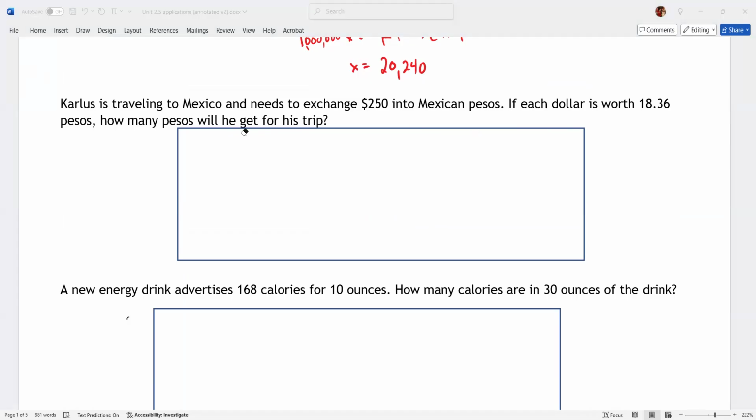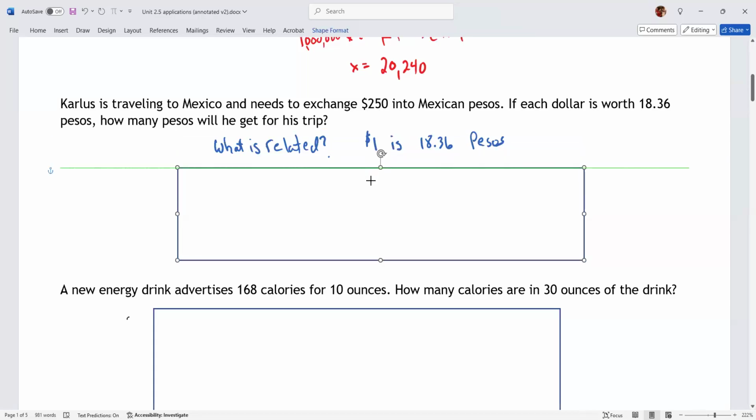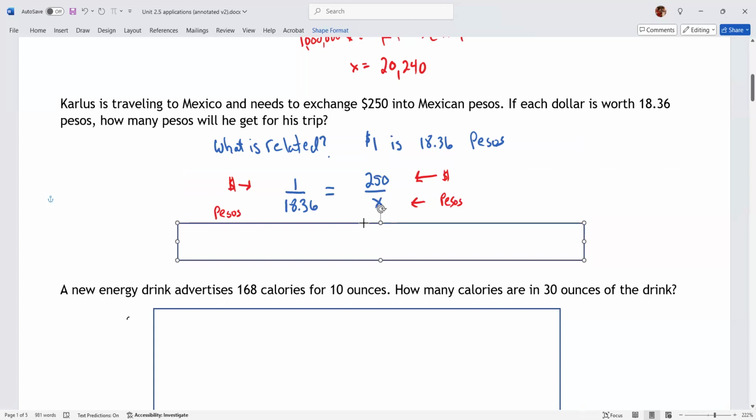Okay, so let's go ahead and take a look at that. What is the relationship we're given in here? We're given that $1 is worth 18.36 pesos. So that would be my first fraction. The one represents dollars, the peso is 18.36. All of that will be equal to, and then they gave me